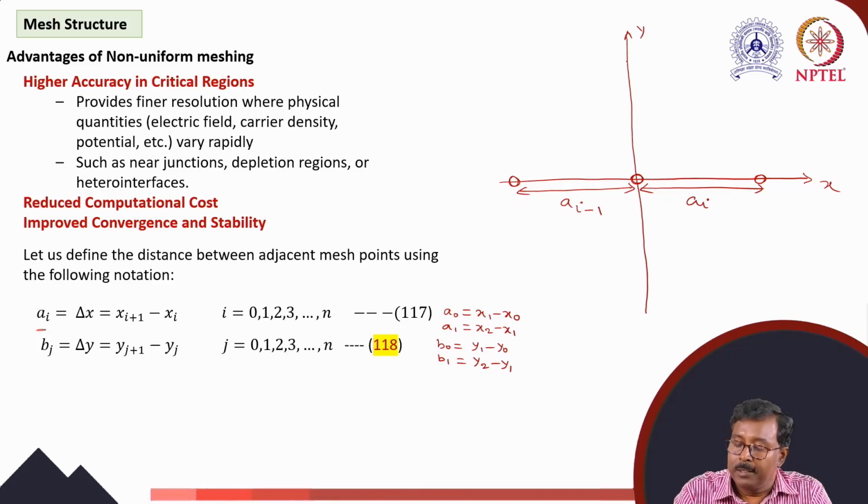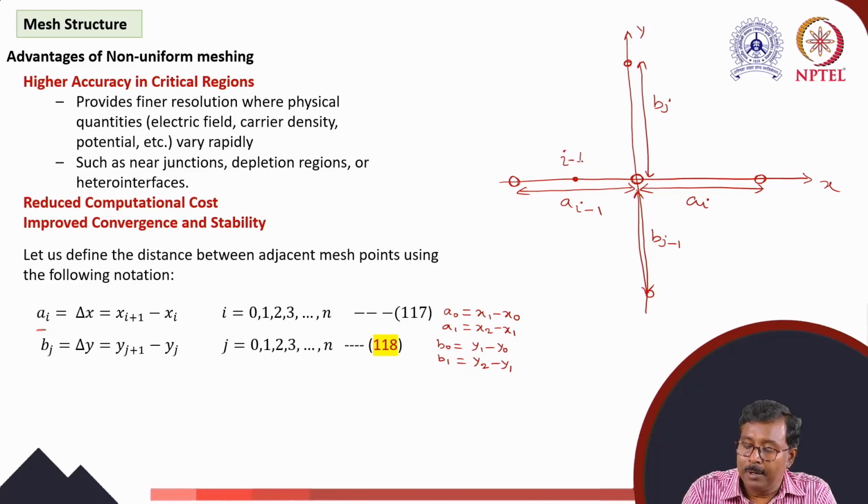Similarly, this will be say bj, and another point here will be bj minus 1. And this half point, if we consider, this will be i minus half comma j,